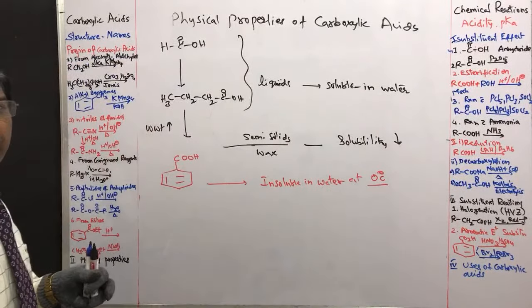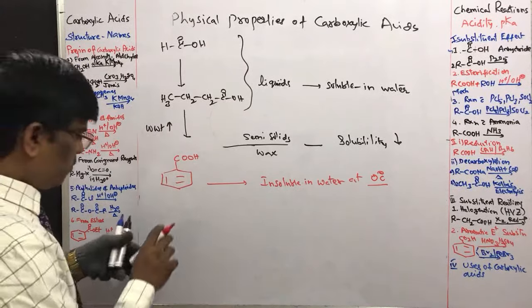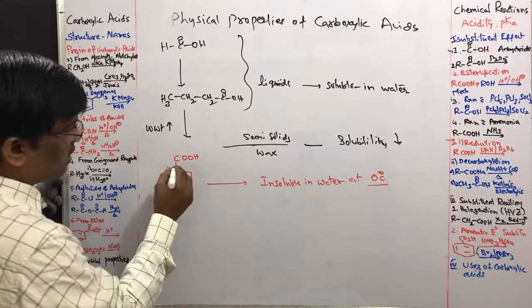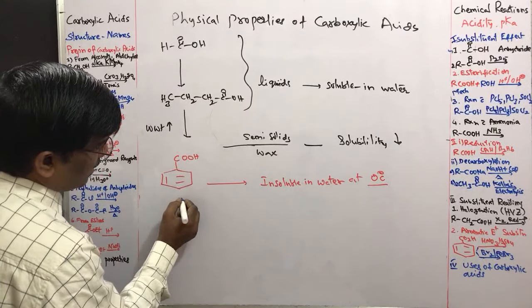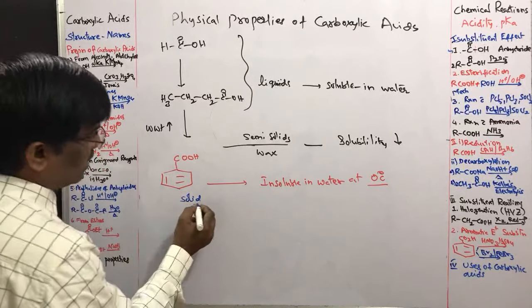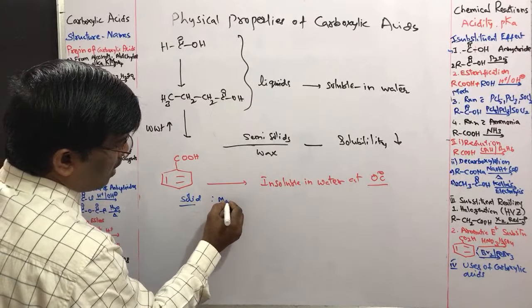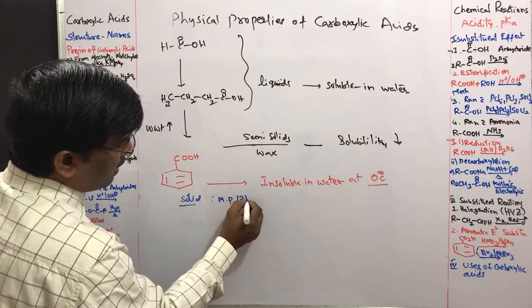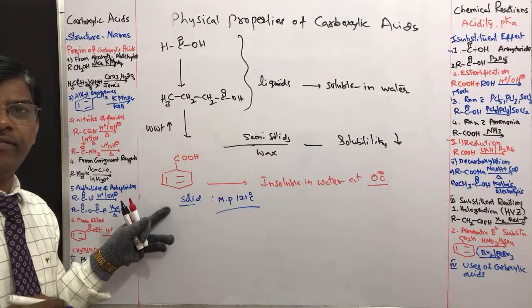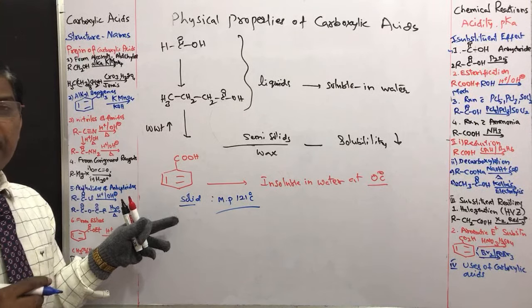In cold water it is not soluble, and this benzoic acid, which is the starting carboxylic acid of aromatic compounds, is a solid, pale yellow crystalline solid. Its melting point is around 121 degrees centigrade, and it is used as a primary standard to calibrate